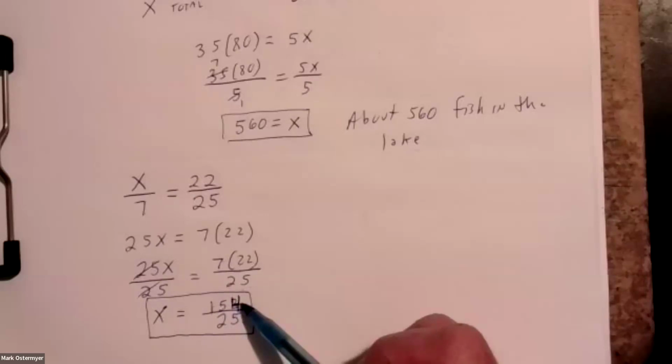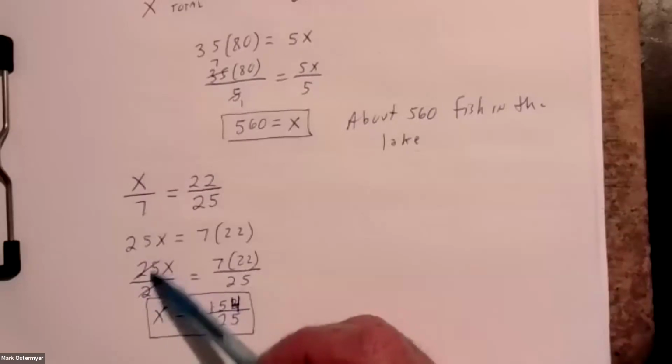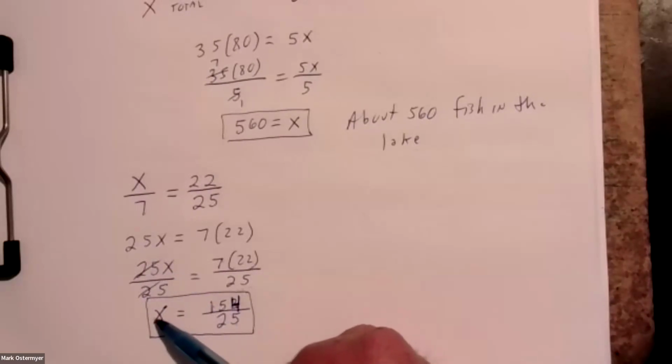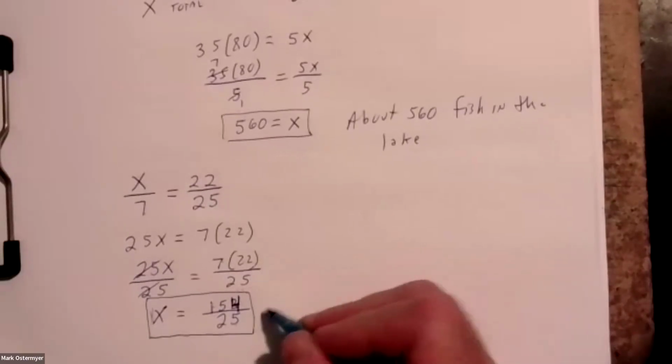Yeah, I did. So you have 7 times 22 over 25, correct? No, I have 22 times 7. And then I've got 154. When you do 22 times 7, that gives you 154, and 154 over 25 though, correct? 25, right. And I got 25x over 25. You cancel out the 25, and that'll leave you with the x. These reduce down to 1, so you're left with just one X. And then 154 over 25. That's your answer. You can leave it like that, or if you want to turn it into a mixed number,